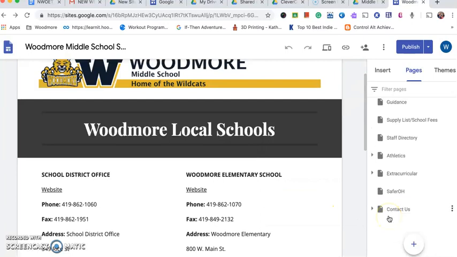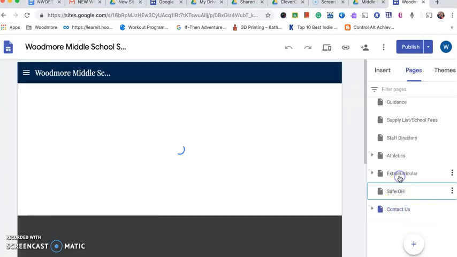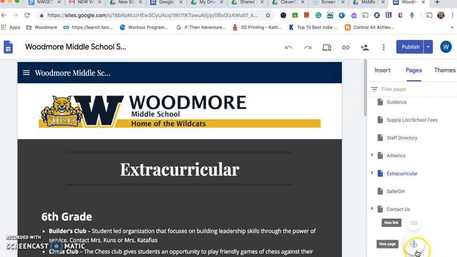Now the way these pages were created was with this button down here, and at first a lot of people just want to click on the button and hope that it does the thing that they want it to do, but now they've made it a little bit faster so that when I hover it says, do you want a new page? Do you want a new link? So if I want to do a new link in the navigation here on the side in the pages area,